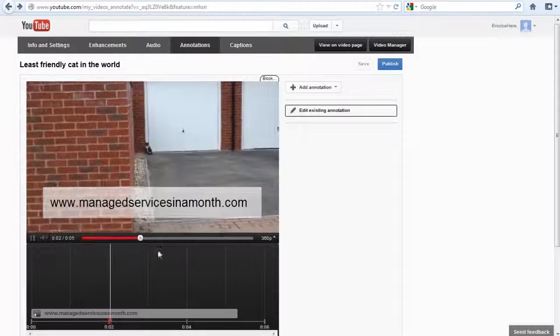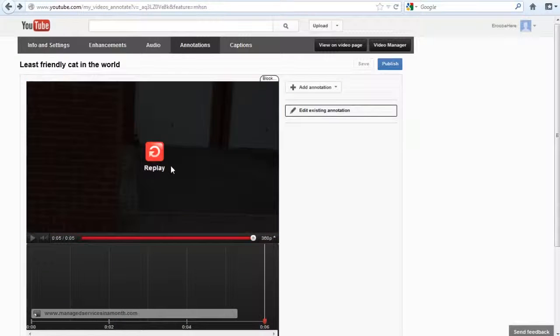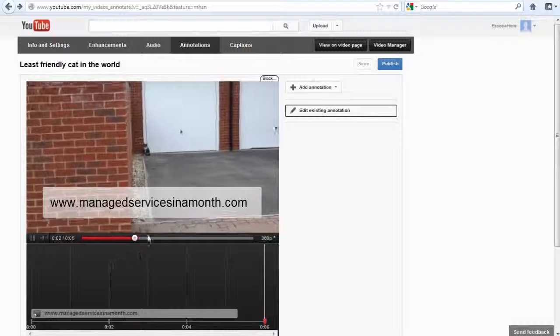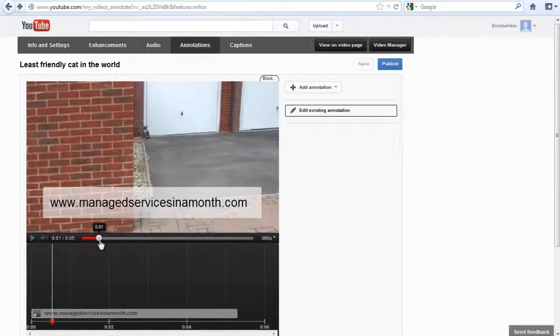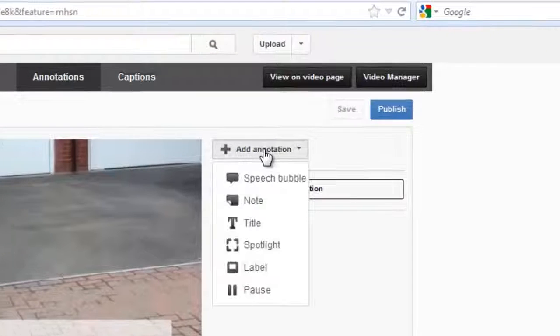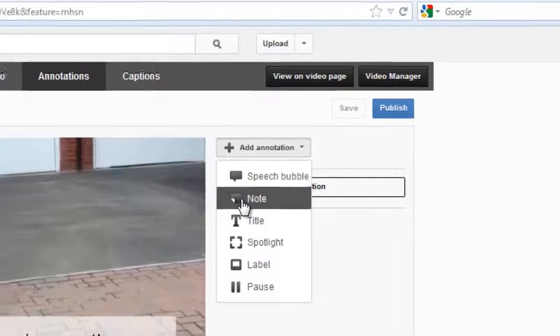When you click on annotations, at the time of recording this tutorial, the video starts automatically. So just make sure that you move the timeline indicator here to the beginning, and of course pause the video, move it to the beginning, and then click on add annotation. A drop down menu will open. Click on note